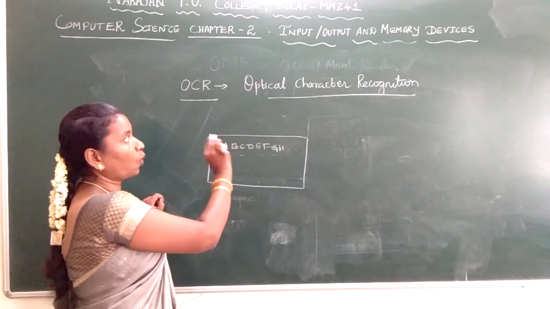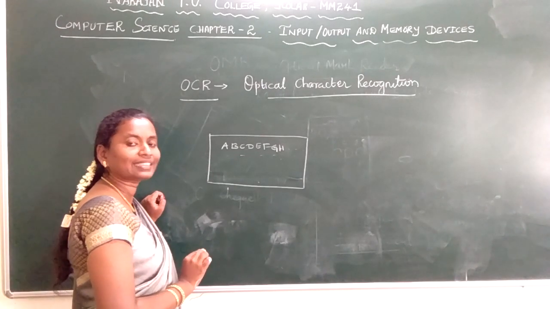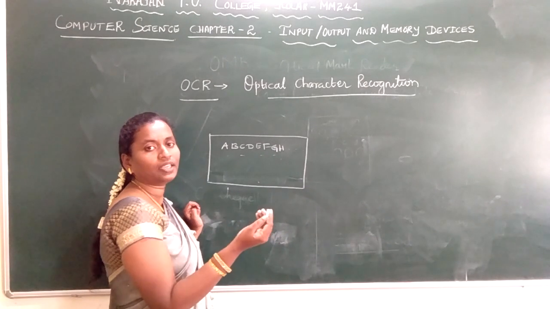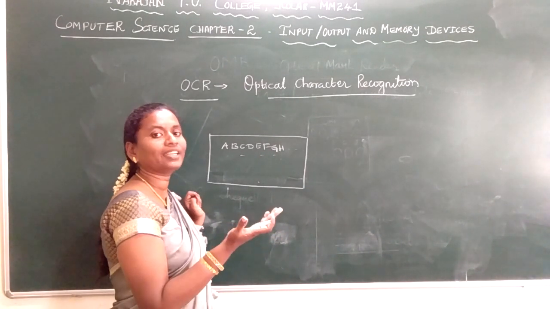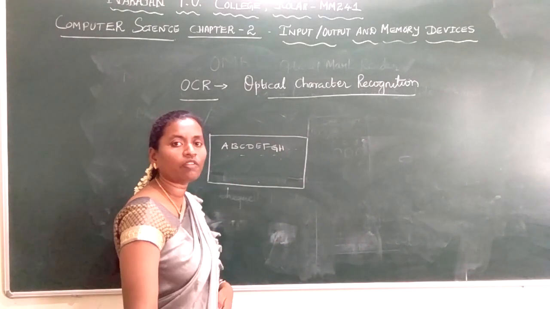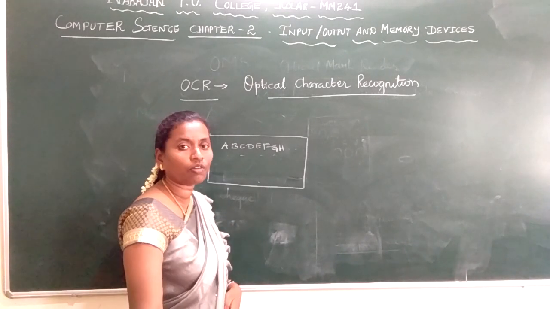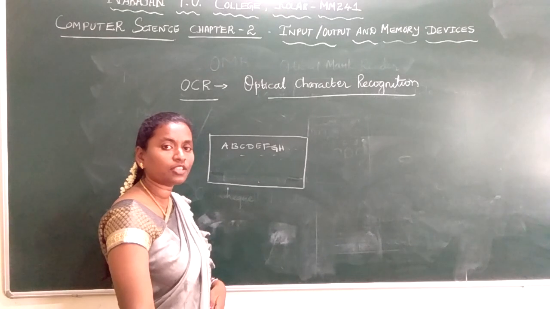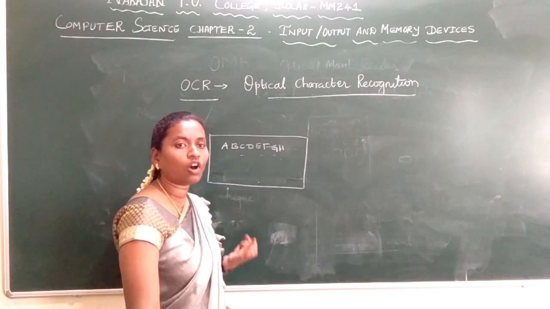Where is this optical character recognition used? Have you seen a scanner? It is used to scan data from printed text. It can be handwritten information or printed text. The data is fed into your computer with the help of a scanner. There we use this optical character recognition software, which helps us to grab the printed or handwritten information.